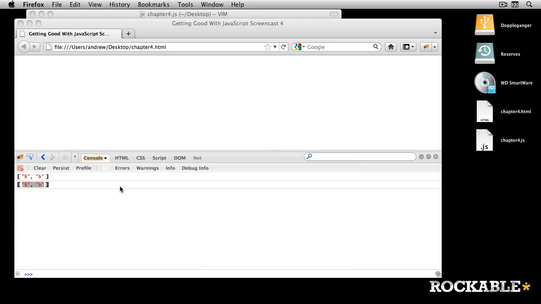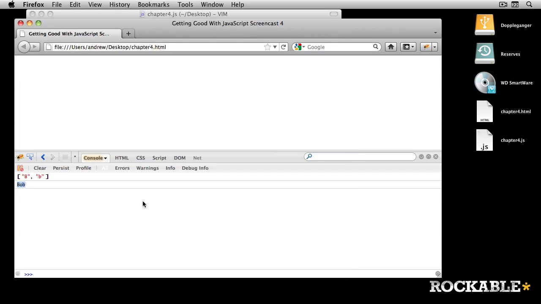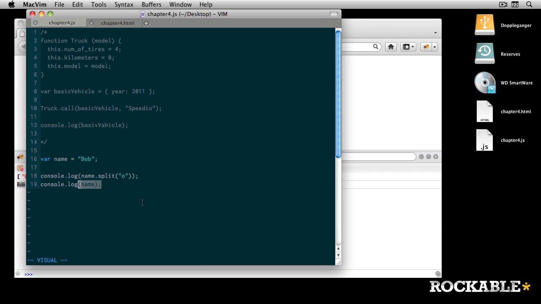If I take this part out here, we still have our name string. Now there are some methods, for example the push, pop, shift, unshift methods on arrays, that actually do adjust the array. But an array is an object, remember, and objects are different. What's special about an object is it's a reference value. What this means is when we pass an object to a function or call a method on an object, we actually change the object. There's only one object in RAM, and you're passing a reference to that object in RAM to the function. So